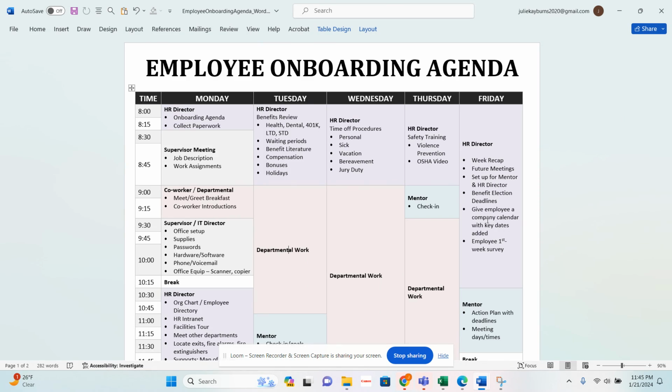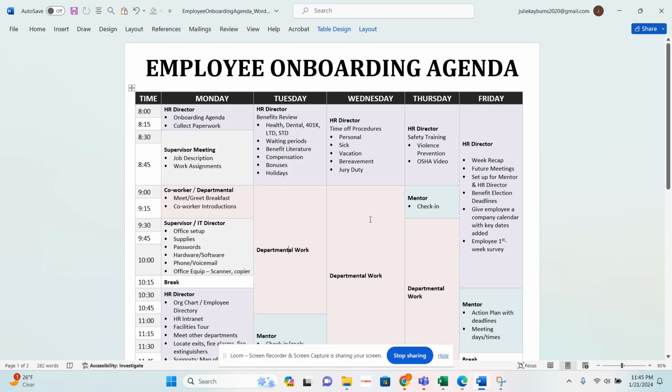Well, like I mentioned, the HR director should have already given the employee the paperwork, one or two weeks ahead of time to complete. So the employee should be bringing the majority, if not the rest, of the paperwork in so the HR director can check it.